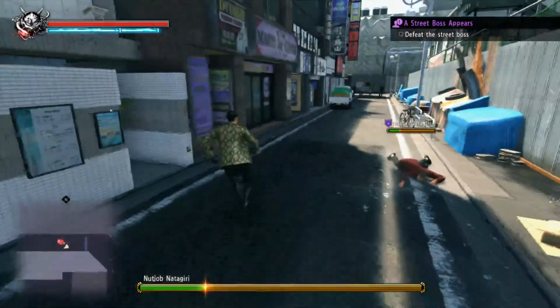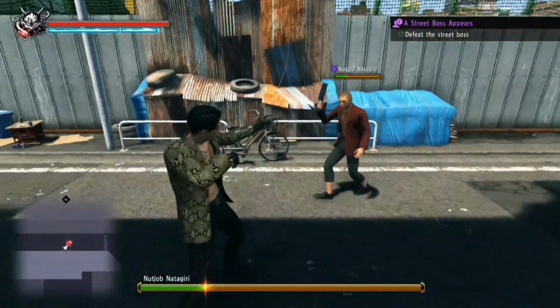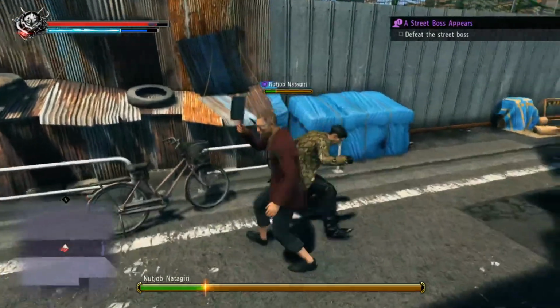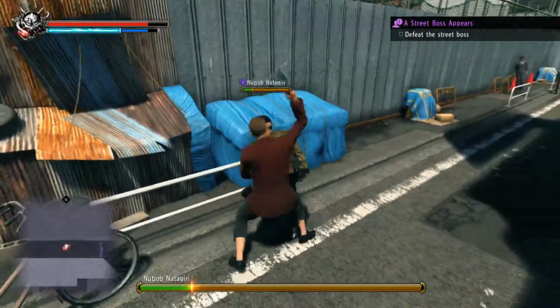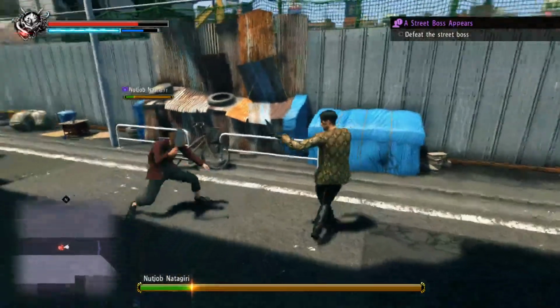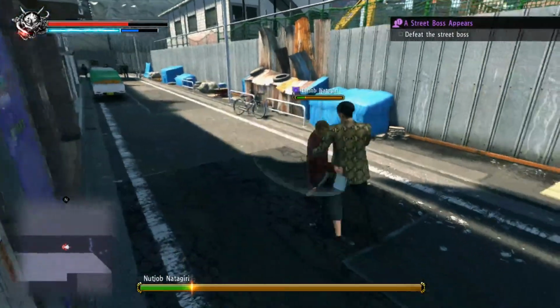Wow, honestly, that means that, so is there something in Majima's... can I do Tiger Drop? Probably not, right? No. But there's probably something in Majima's